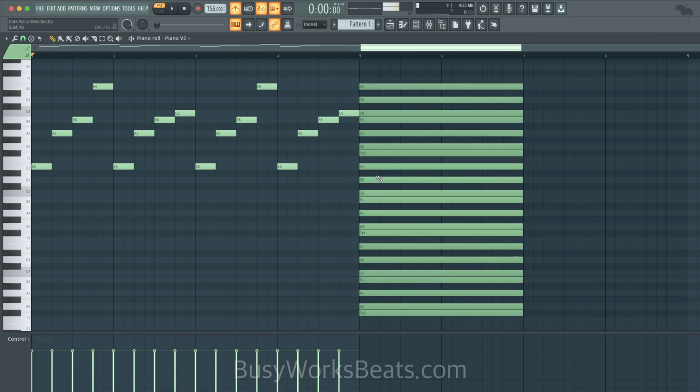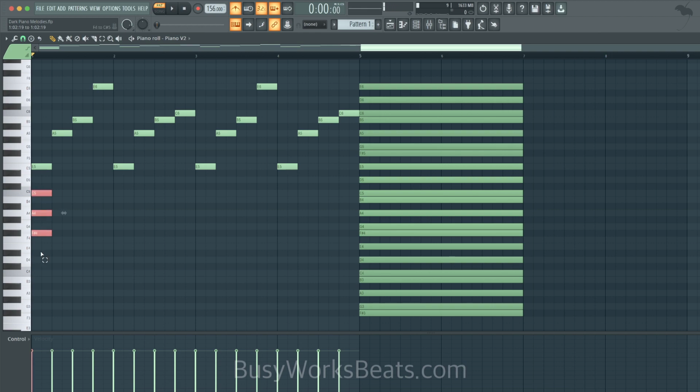So if we look over here, E is right here. All we got to do is skip every note going down this mode. So E, we're going to skip D, go to C. We're going to skip B, go to A, and skip G, go to F sharp. This is not mandatory, but you can do that. So that would be a diminished. So that's why it has that kind of awkward sound to it.